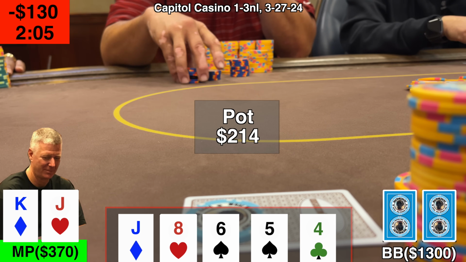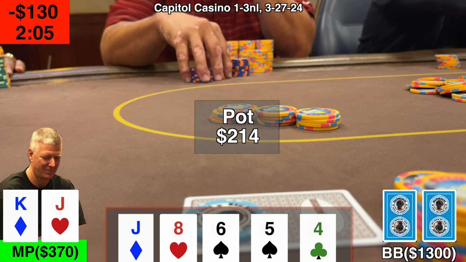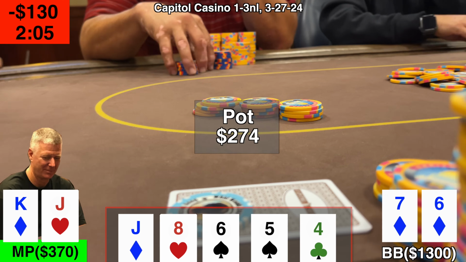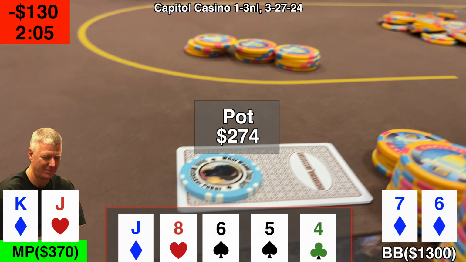There's just too much trouble out there, and I got a player still behind me. I don't know what I was thinking, but I put in the $60. The other player folds out, and the big blind shows me 7-6 for a straight. Bad call. Well, I think I lost the next 3 or 4 pots in a row,